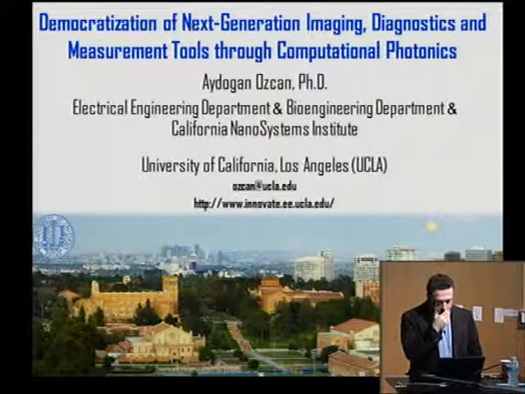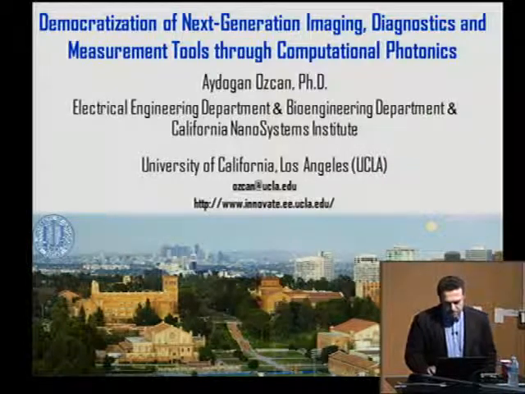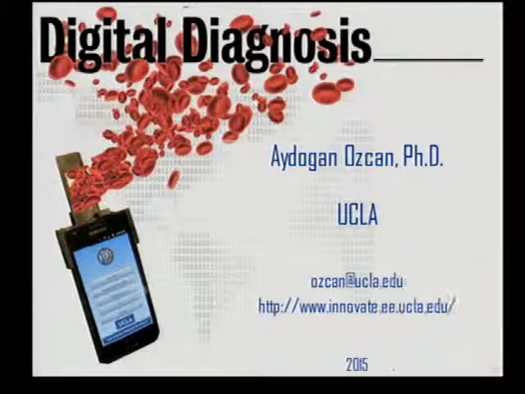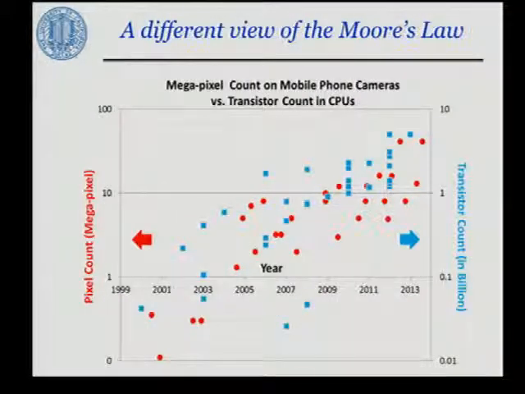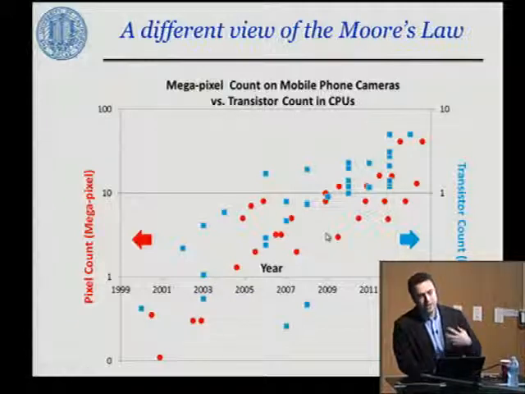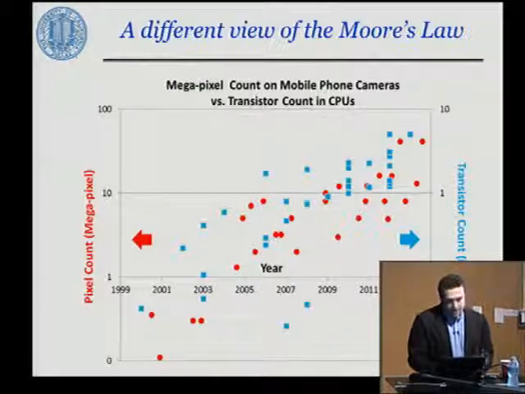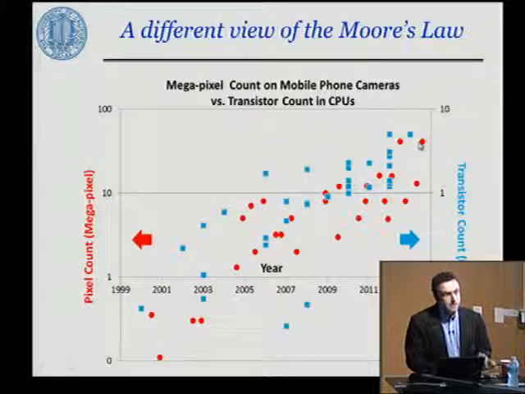Before I start talking about how the different components that I've briefly described come together, I'd like to start with mobile phones as an enabler for some of these emerging techniques and ideas. I want to show you a comparison of Moore's law against the megapixel count of our mobile phones and how it's been increasing over the last 10 to 20 years. Every 2 years, the megapixel count of our mobile phones, especially CMOS imagers, has been doubling, and it has now reached more than 40 megapixels.